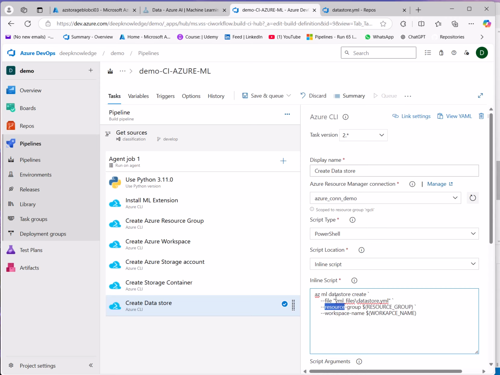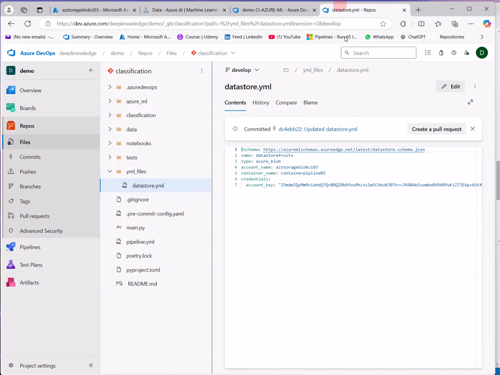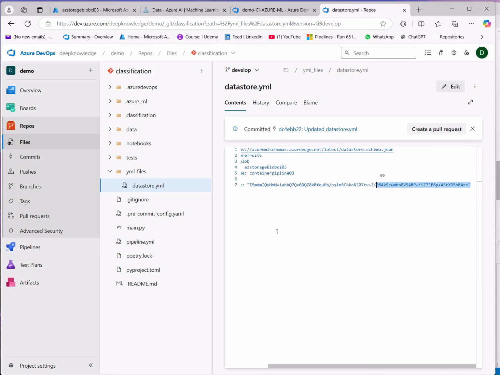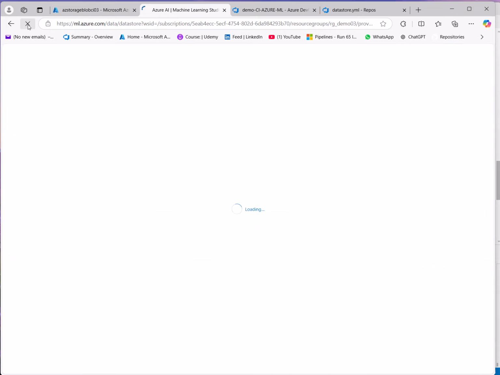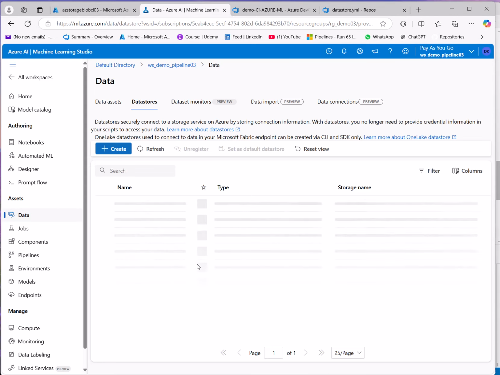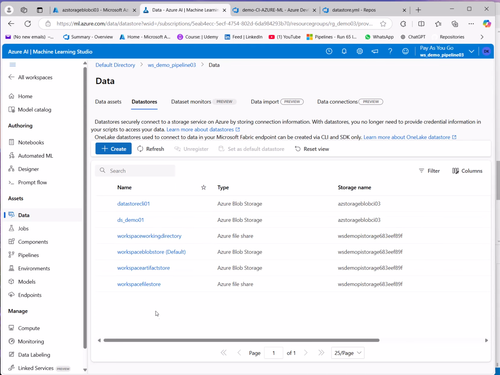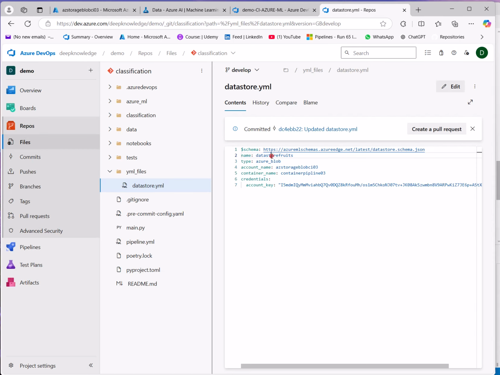This will parse the YAML file from here, as I said. As you can see here, the name will be data fruits. If you want, we can change it. Let me just double check if we have fruits. There is no data store with this name, so I will just keep it like this.